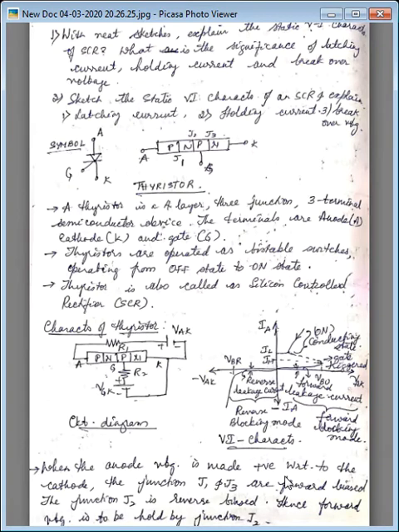So now you know how it works during the on state, the off state, as well as the reverse blocking mode. This is the reverse leakage current, this is the forward leakage current, this is your forward blocking mode, and this is your reverse blocking mode. The forward blocking mode happens when the positive terminal of the supply is connected to the anode and the negative terminal is connected to the cathode. The reverse blocking mode happens when the anode is connected to the negative terminal of the supply and the cathode is connected to the positive terminal of the supply.